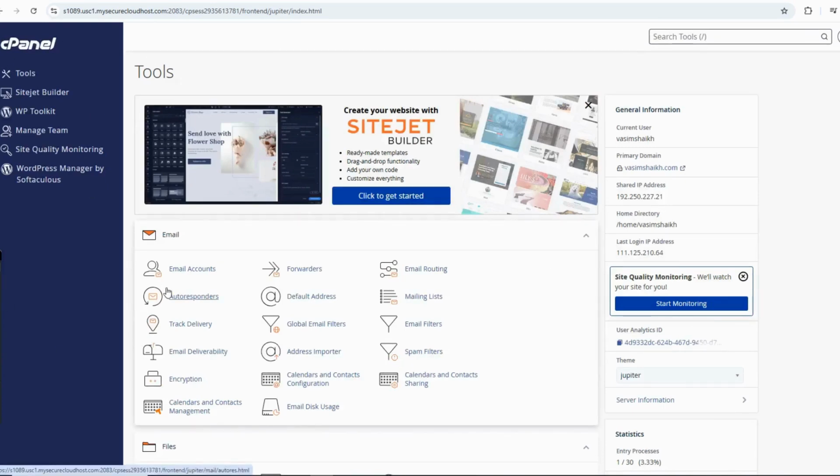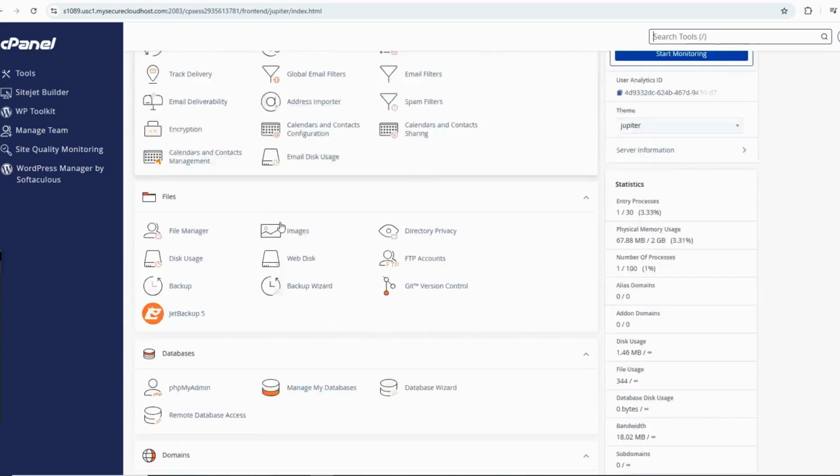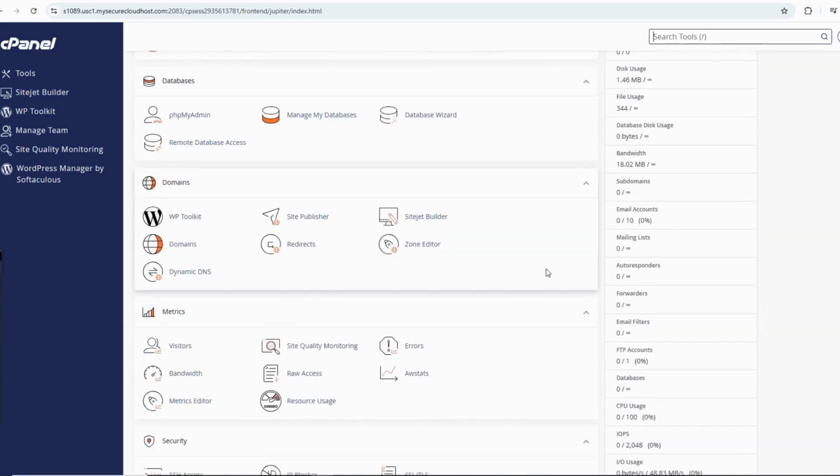Okay, this is where my WordPress files and all the configurations are stored. So in this case, what we need to do is quickly go down to the domain section. This WordPress may be in a different location on different hosting servers, but the majority of hosting companies use cPanel. This is how the backend looks. Basically, all we have to do is click on this WordPress Toolkit,